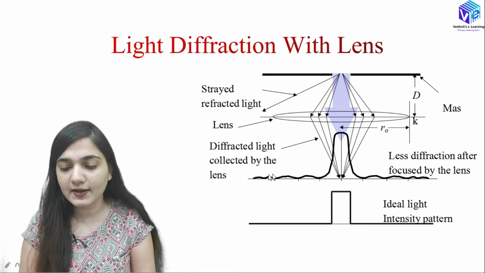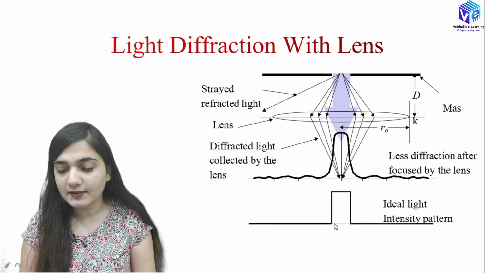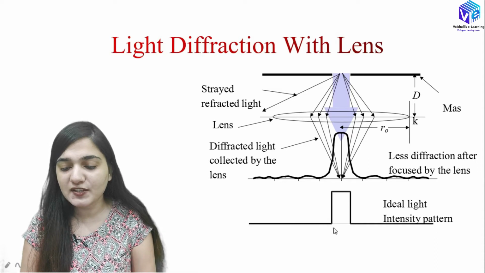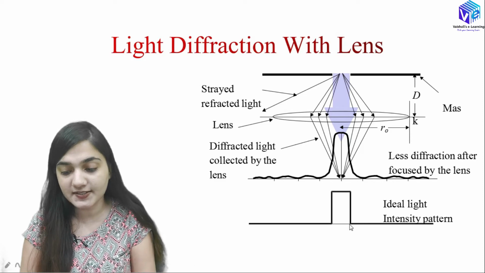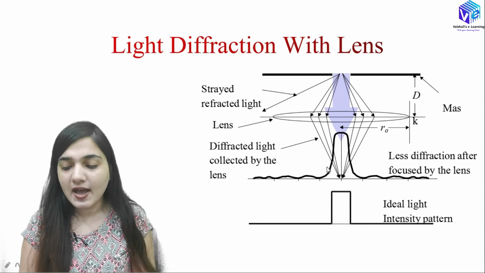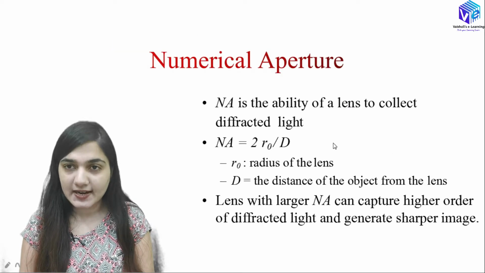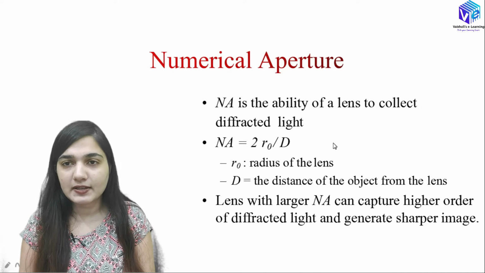You can see over here the intensity of the diffracted light is very low, and this should be the ideal intensity. Here we should have zero intensity, and just below the slit we should have 100% intensity. But what actually happens is that inside the slit also the light is reaching due to this diffraction phenomenon, and we cannot control it actually.